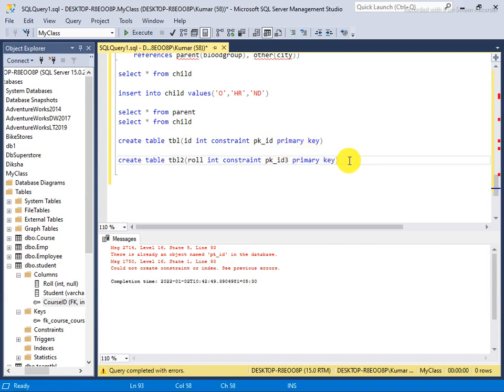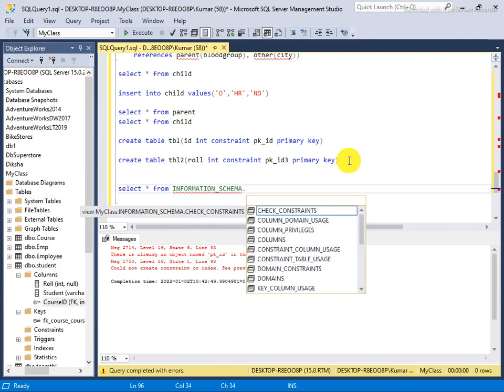I can show you a command for the details: select star from information schema dot check constraint.